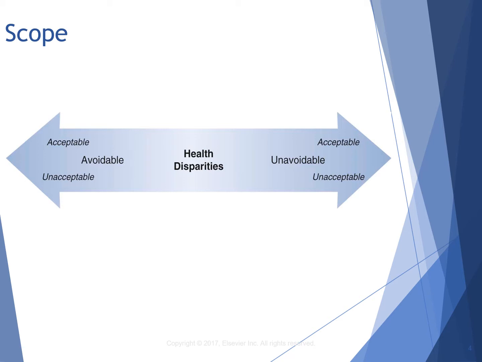However, in reality, this type of categorization does not represent the contextual factors that must be considered. Again, for example, disparities in health outcomes due to unsafe living environments could be an avoidable cause of inequality. An avoidable disparity raises ethical questions of needless harm and justice. And indeed, many health disparities are avoidable, and continuous efforts are necessary to identify existing health disparities that are, in fact, preventable. For example, now that we have identified that disparities are avoidable, what are we willing to do about it? What can we do about it?